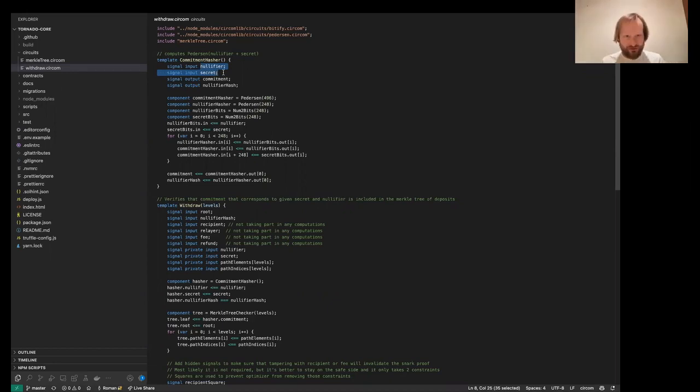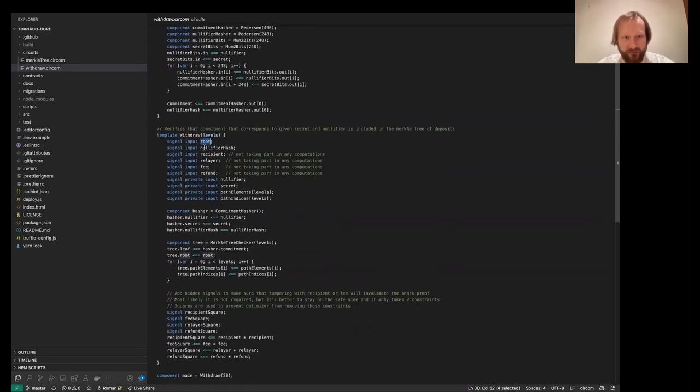So when a user wants to withdraw, what the user proves is there is a public input of the Merkle root used that contains the user's node. And this Merkle root doesn't necessarily need to be the latest one. So the smart contract stores the 100 latest Merkle roots to prevent race conditions.